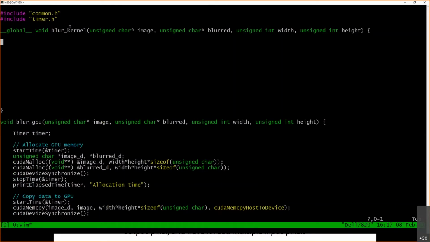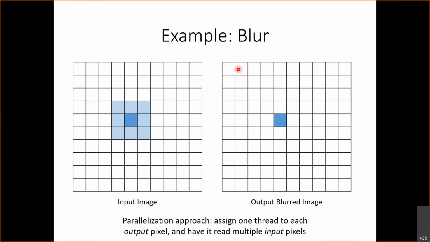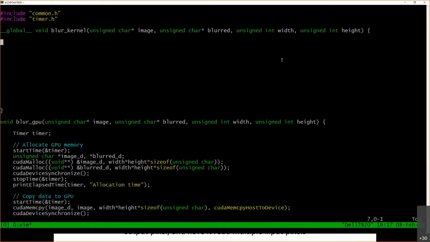Okay, so the first step is for the threads to find their row and their column value. And we know how to do that. It's going to be the same over here. So this time,